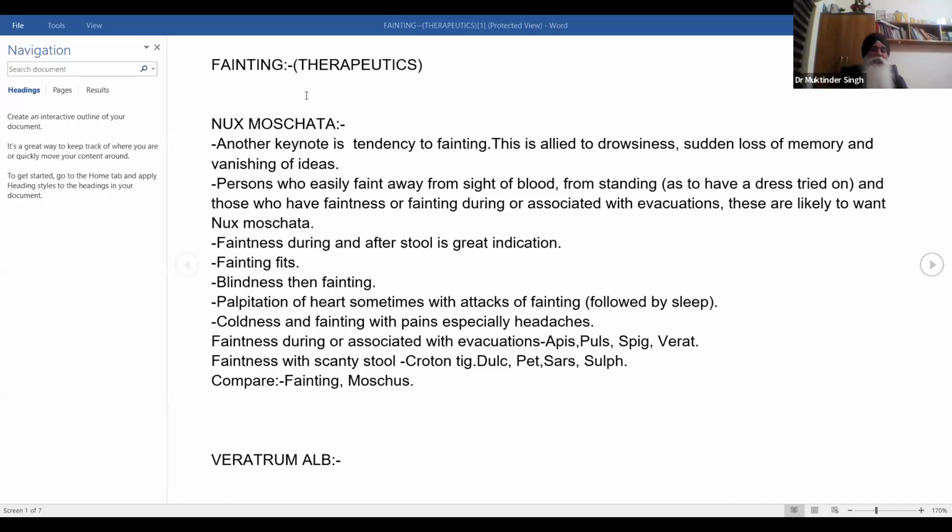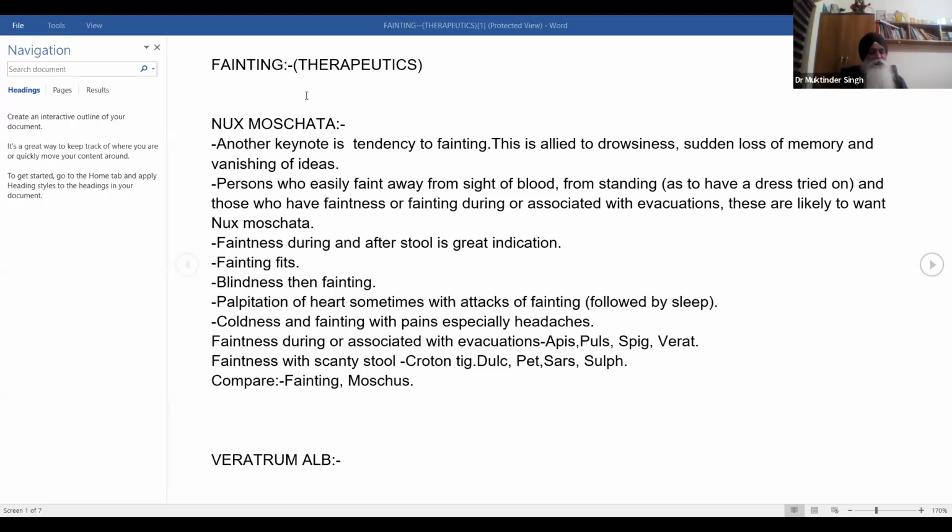So Nux moschata, another keynote is tendency to fainting, allied to drowsiness, sudden loss of memory, vanishing of ideas. So Nux moschata is a confused remedy. They'll wake up from an afternoon nap and say it's early morning. They'll start brushing and doing the morning routine. Such a confounded remedy. A person who easily faints away from the sight of blood, from standing, faintness during and after stool